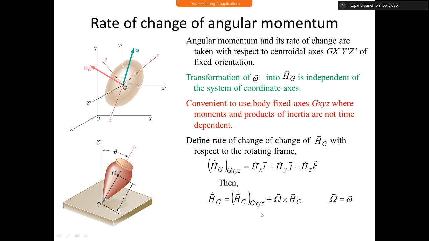So this is derived from the same expression of Q, a generalized quantity that we have defined before. The rate of change of any vector Q with respect to the fixed frame is equal to the rate of change of Q with respect to the rotating frame plus omega of that rotating frame cross product with that Q vector. So here Q is replaced by H, and what we get is the following expression. Now this frame can have a different angular velocity, but most of the time this angular velocity is the same as the angular velocity of the body, because this frame is attached to the rotating body itself.